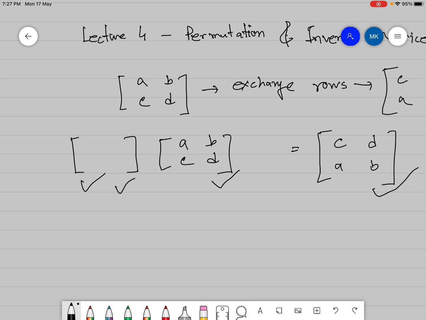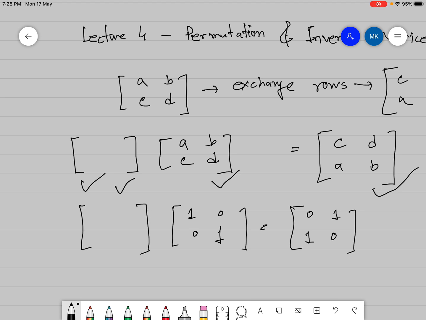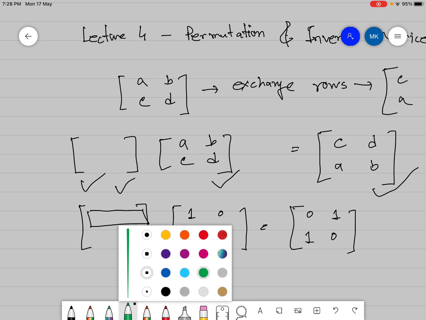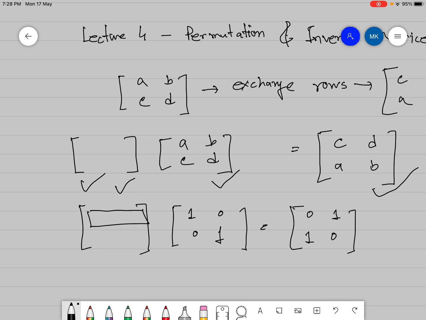To do that, do the same operation on an identity matrix, 1 0 0 1. Suppose you want to exchange the rows of this identity matrix. So the second row should be the first one, and the first row becomes the second one. There are 2 rows here, and as you can see, to do this row operation,